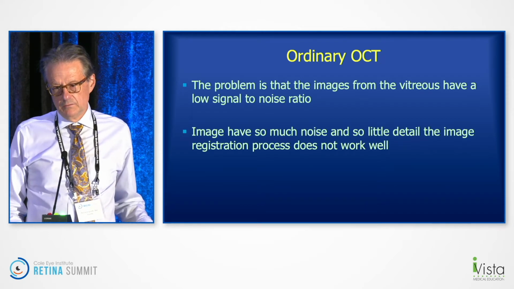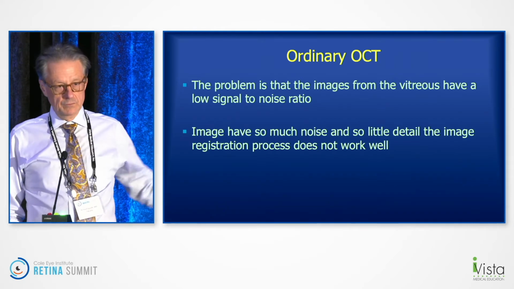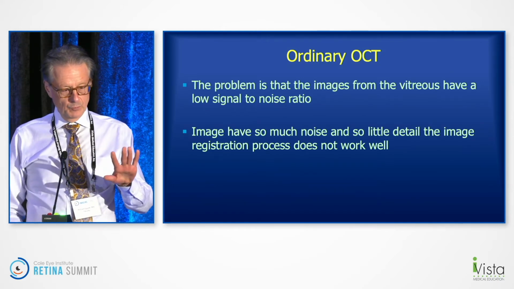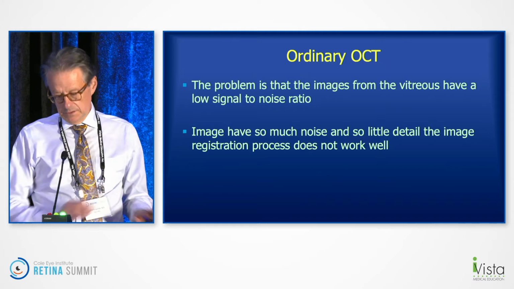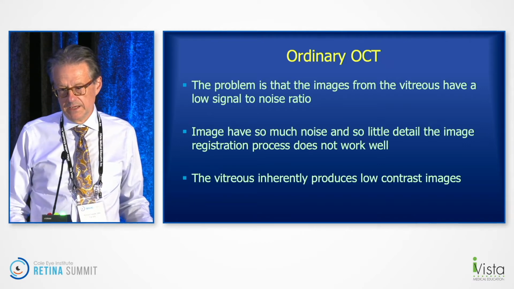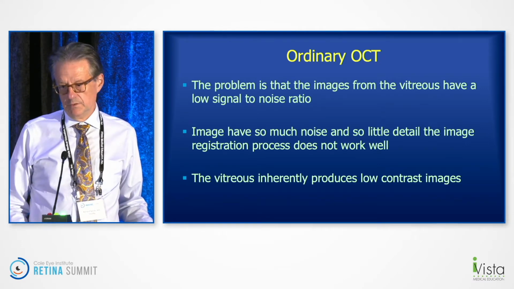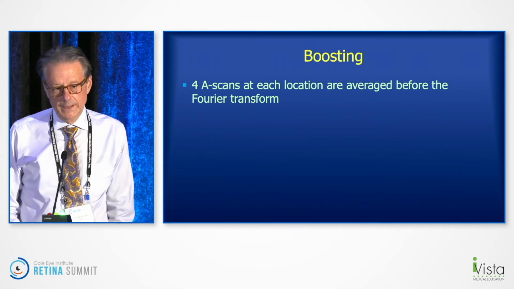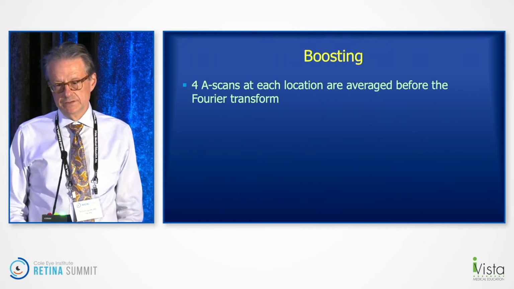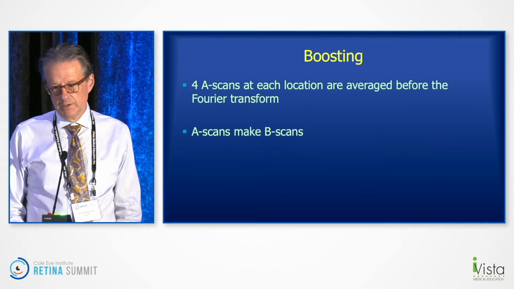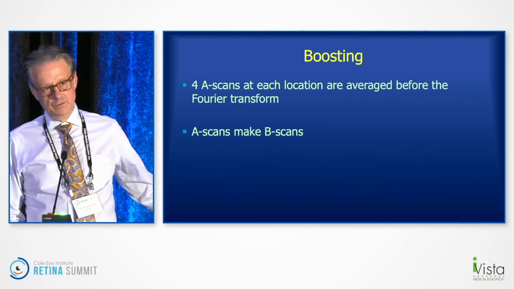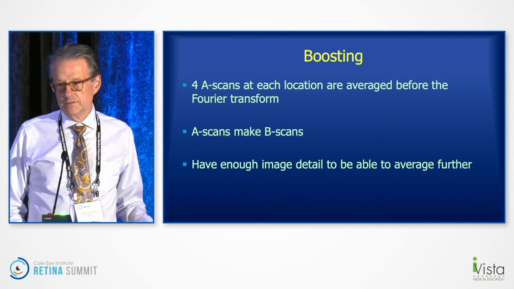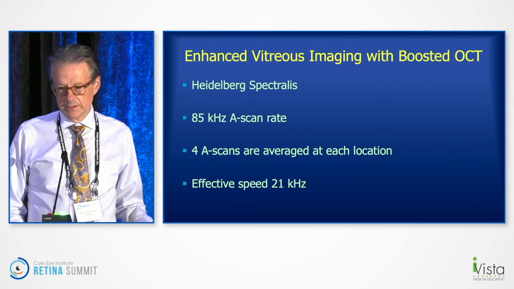And often in ophthalmology, when we want to improve the signal-to-noise ratio, we average images together. But because the images are so poor, they're very hard to register, so it's tough to average images with OCT. So what we did was take 4 A scans at each location and average them before the Fourier transform, and that made a pretty robust signal. And as you know, B scans are made out of lots of A scans. Then they had enough detail that we could use regular averaging techniques